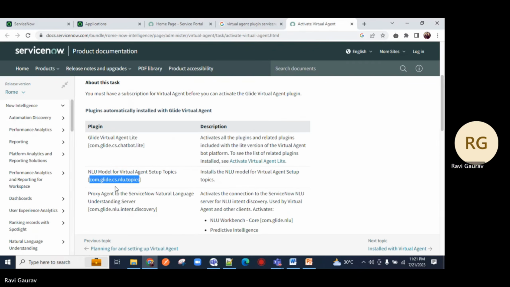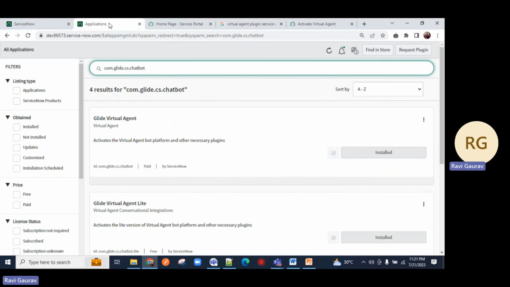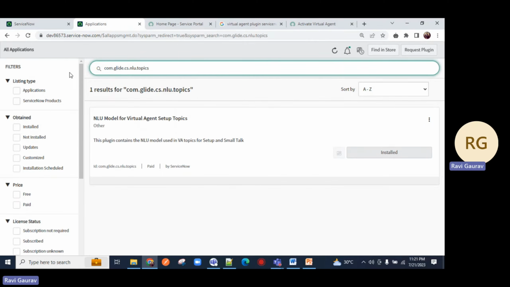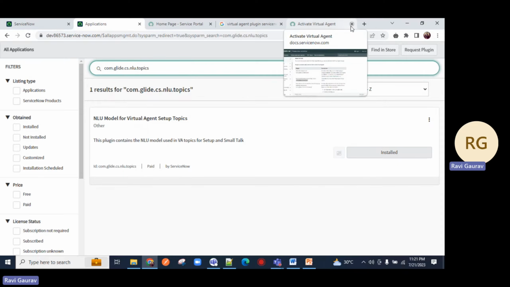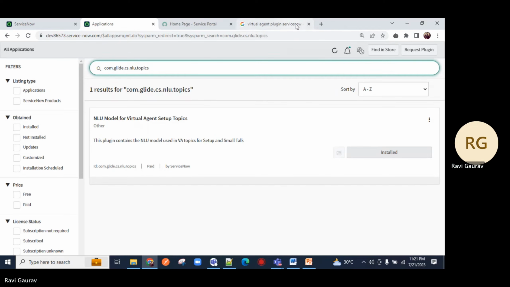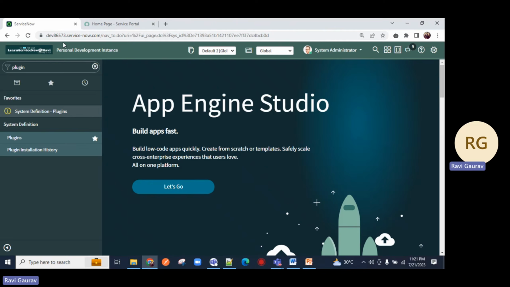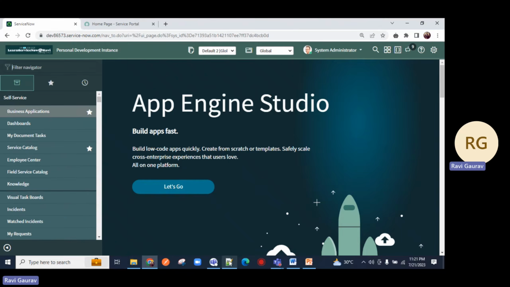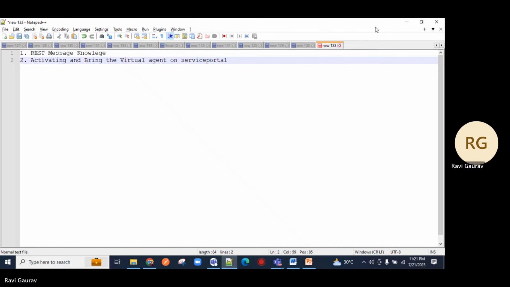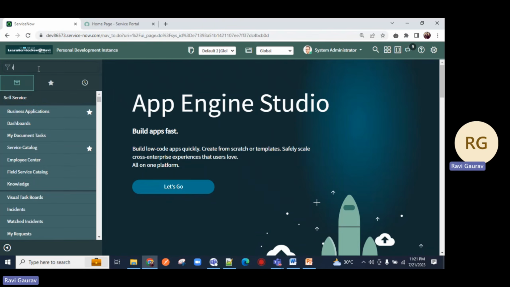It's already there. Copy this topics and put it over here. See, I am already having this in my system. So if these two things are already there, now I'll close this and go to the first option, which is REST message. So just type your REST message,